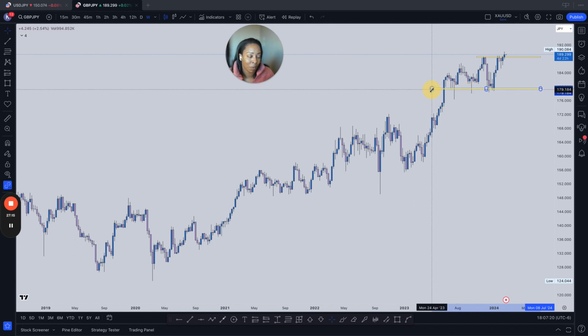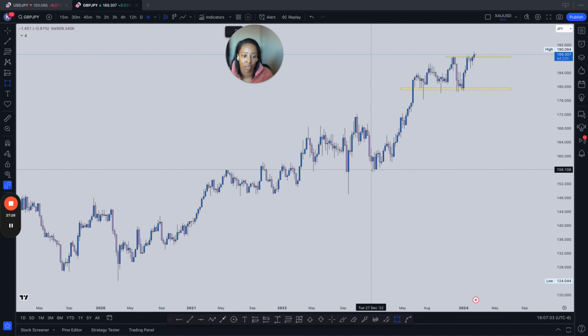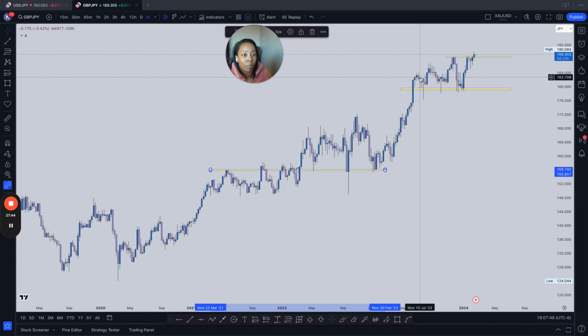Now we got this low right here, and now we got a nice little zone here. You can draw out more zones if you want to. Sometimes I do, so my next zone would be somewhere right here. If you see where I have the cursor, we have these lows over here, and then this corresponding high over here. So we have a high with a low, and look, it bounced off of this level and went up. Granted, these are